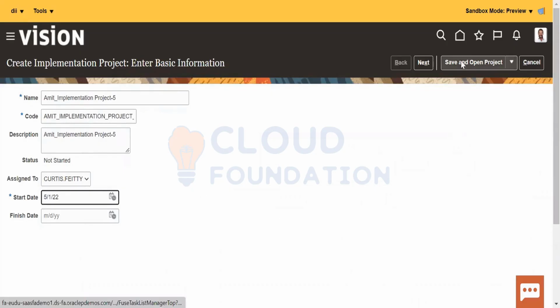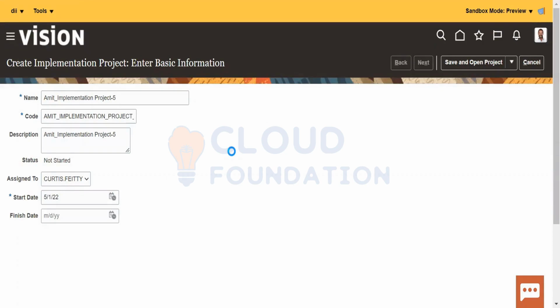Next. So this is the way we create an implementation project.